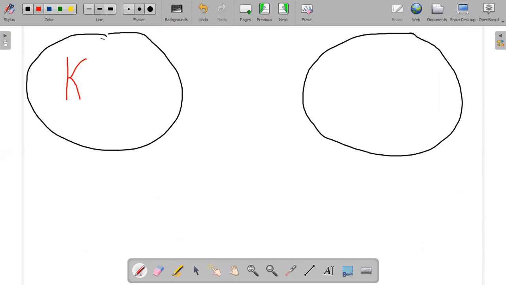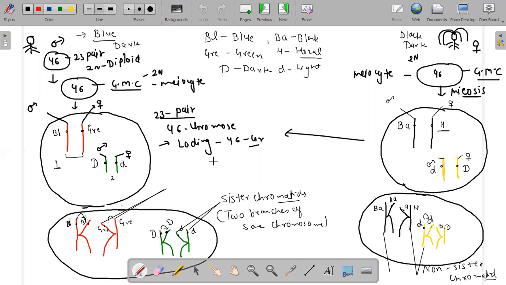So these are two homologous chromosomes. The first pair here and the second pair here: the first pair for mom and second pair for mom, and first pair for dad and second pair for dad. And here you can see that they are developing these things, and everything is doubled here.